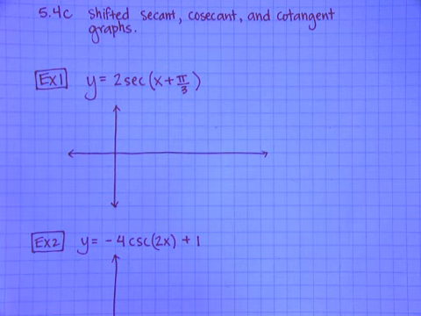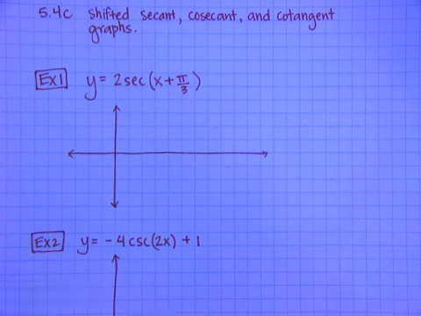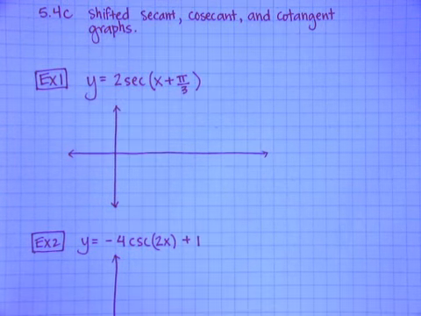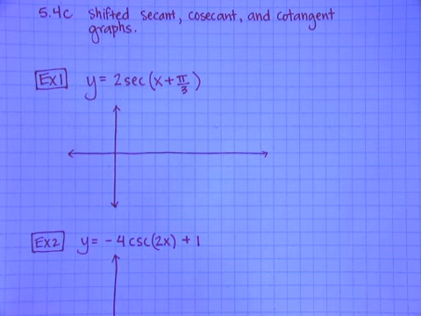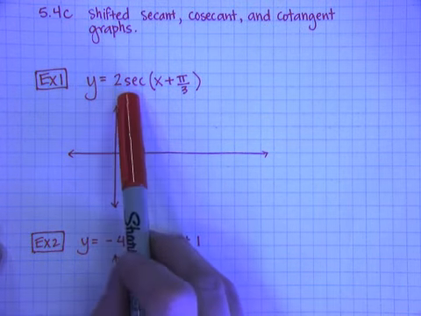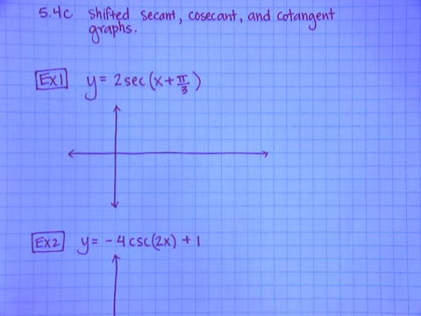Hey guys, so we've been working on graphing secant, cosecant, and cotangent graphs, with less emphasis on cotangent, but I figured I'd throw it into the notes anyway. And one of the things that we are going to work on today is shifting and transforming these graphs. So for instance, if I see an equation like y equals 2 secant of x plus pi over 3,